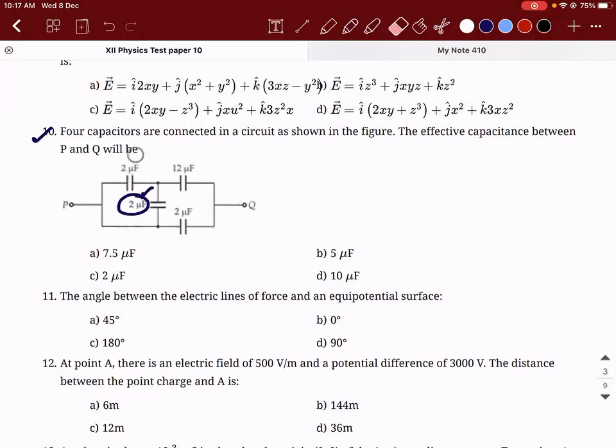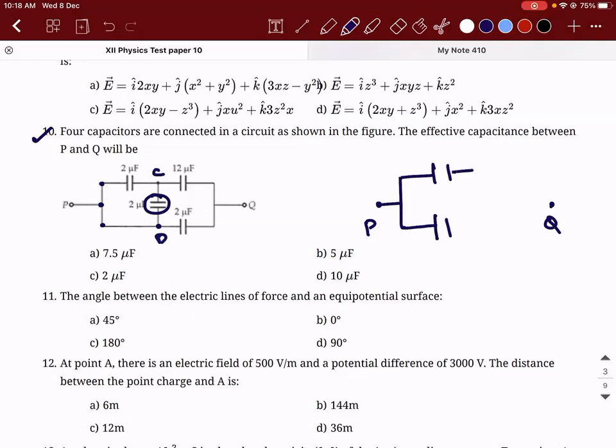See, I would have told this, right? Remember, for these kind of questions, suppose this comes under problems based on capacitors or resistors, what you need to do is redraw the circuit first. If you take P here and Q here, from P, what is happening here? The 2 microfarad is there. So this point, this point, this point, and this point, they all are at the same potential. So this 2 microfarad can get shifted here also.